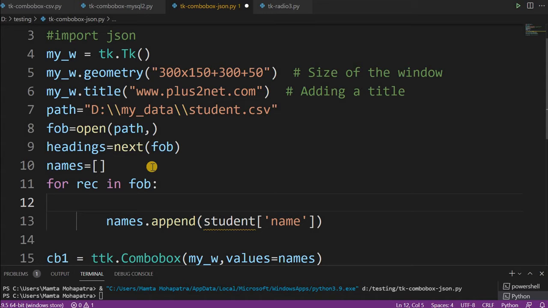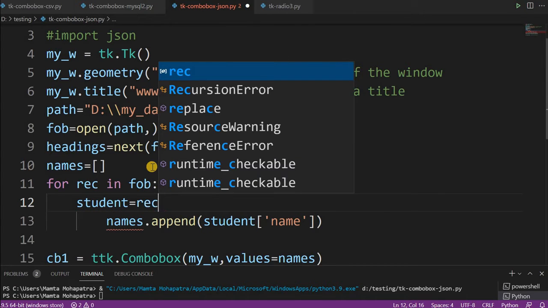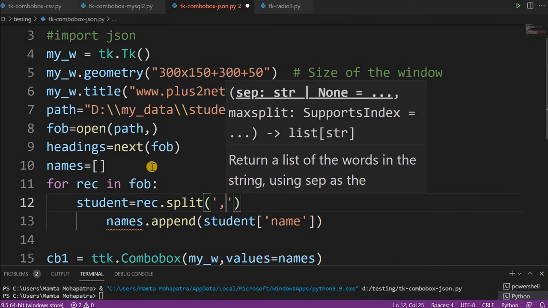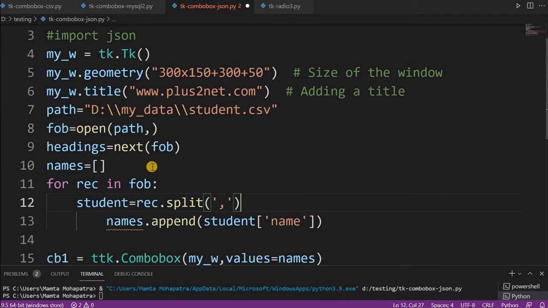So I'll split that because it's a comma separated one. So I'll say student equal to rec, where rec means each row of record, split now by comma. Once it is split, I have a list now. Student is a list having elements as ID, name, class, mark, like that.